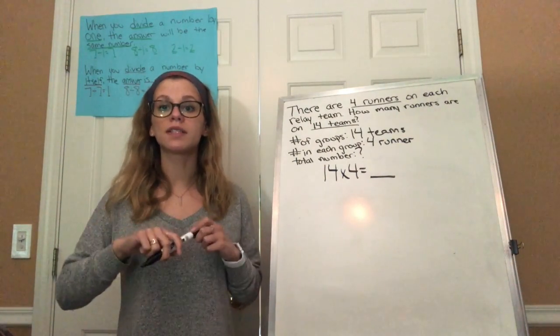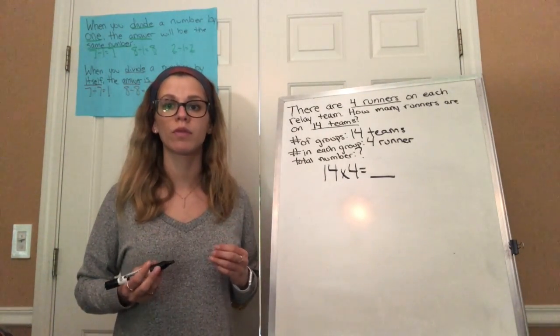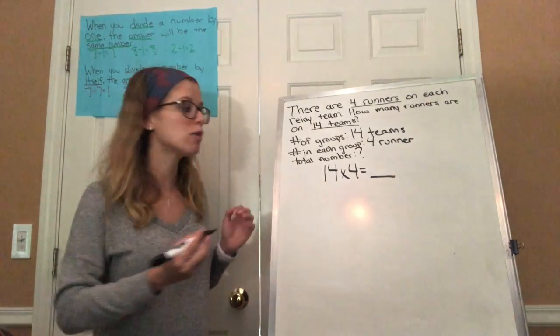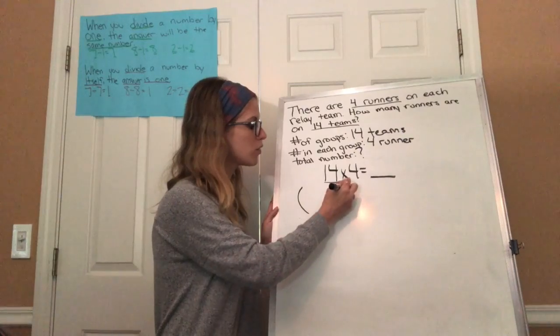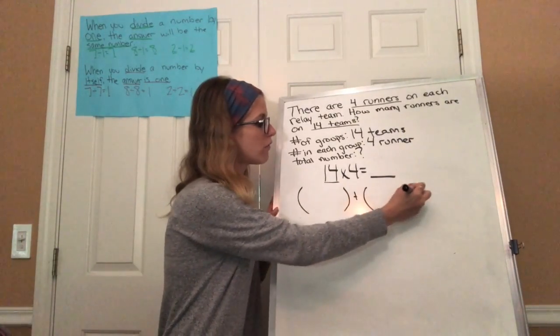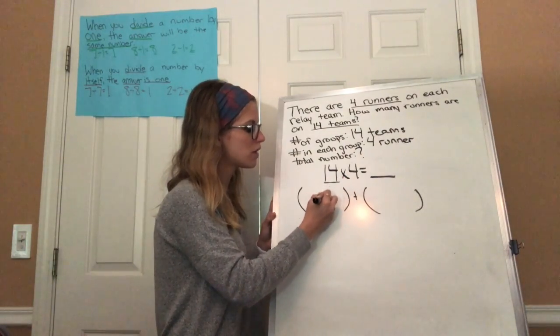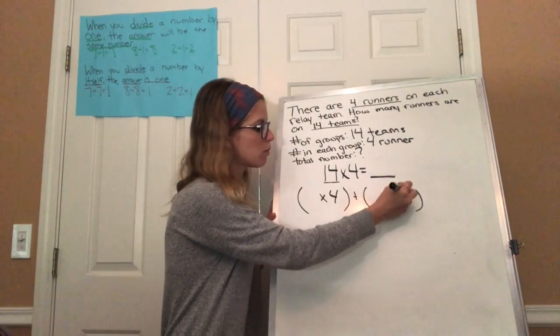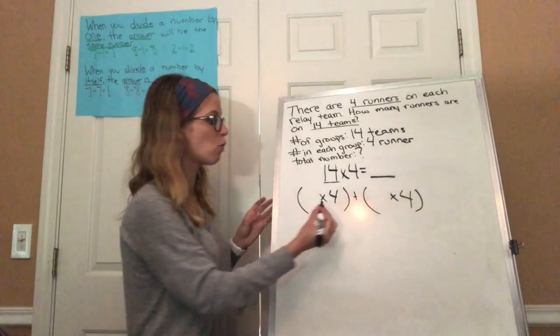So what I could have done is I could have drawn a picture of 4 groups and put 4 in each. But another thing that I could do is I could break apart 14 and think about how can I put this in 2 different equations. I want to break apart 14, but I'm going to keep 4 the same. So remember, when we're breaking apart numbers for multiplication problems, we're keeping one number the same,